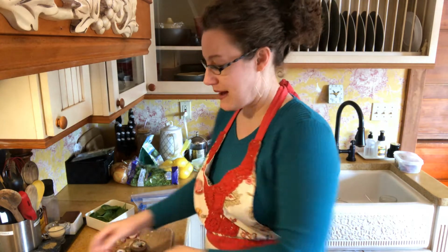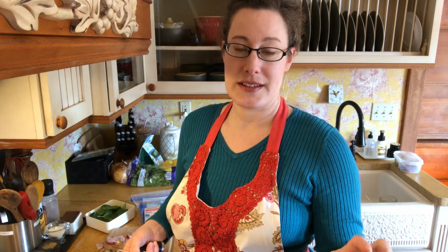And I've prepped my ingredients that I'm going to be using to make my, basically it's an omelet kit, that's what I'm thinking of it as. So I cook all the vegetables ahead of time, portion them out, shred the cheese and portion that out, and then I'll show you the little containers I'm going to use in a minute to store them. So I'll have 3 little omelet kits ready to go, so that all I have to do is scramble up my 2 eggs in the morning and cook my eggs in the little omelet pan, throw these toppings in the middle,